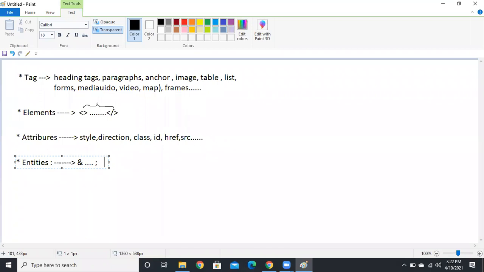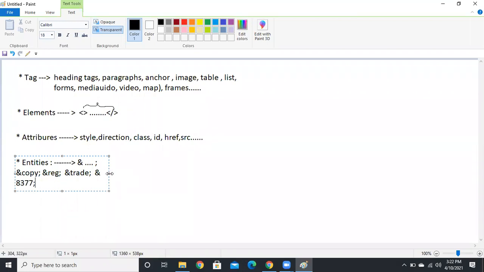So here copyright is ampersand copy, registered is ampersand REG, trademark is ampersand trade, and for the rupee symbol ampersand 8377, guys.